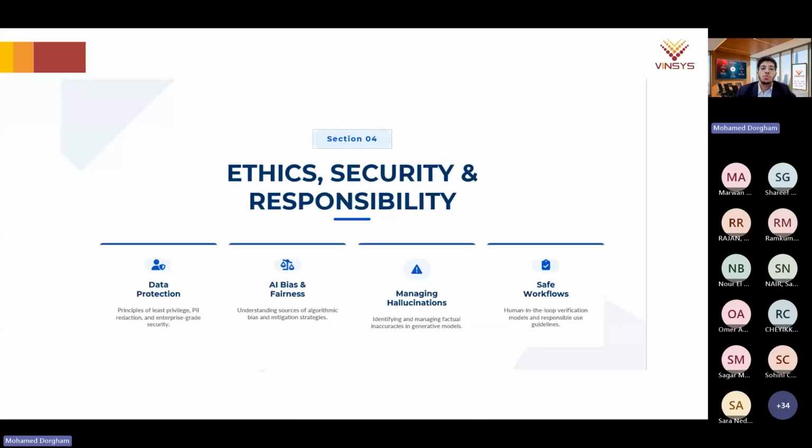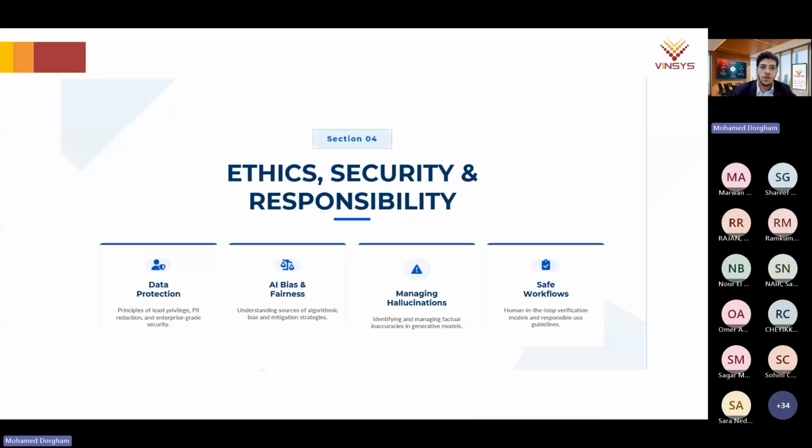The same goes for Microsoft. If you're a Microsoft user, it's recommended to go with Copilot, because Copilot has the same protection layer that your organization has within Microsoft.